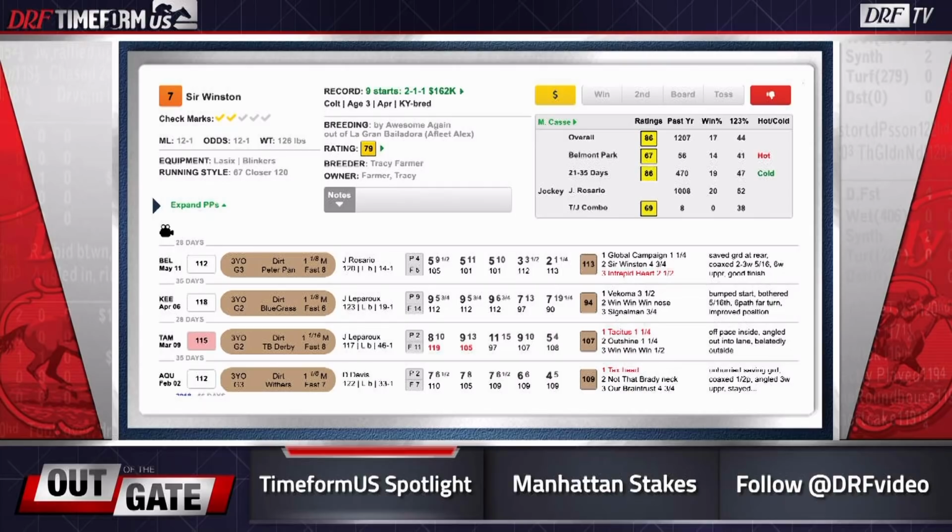You don't see any red color-coded pace figures in his running line, and Sir Winston got so close to the winner, Global Campaign, at the end of that race because he put in a remarkable closing fraction. His final 3 furlongs were run in 35 1/5 seconds according to Trackus. That's the kind of closing split that you're accustomed to seeing in turf races, not dirt races. I know that the track was pretty fast on May 11th at Belmont Park, but that's still a really noteworthy closing split for Sir Winston,